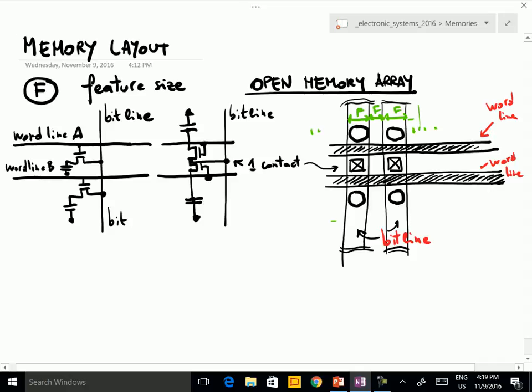I don't want to draw everything, but this is just a part of the array. And below it's the same thing. We have a separation of F here, and then again the rest, the other bit lines, the other word lines, and so on. Everything is repeated from here on and also above. This is just the single